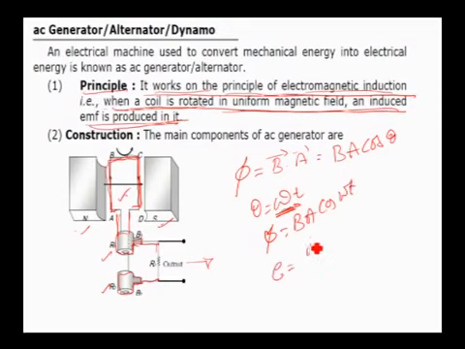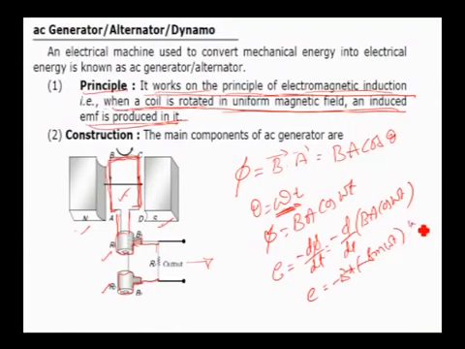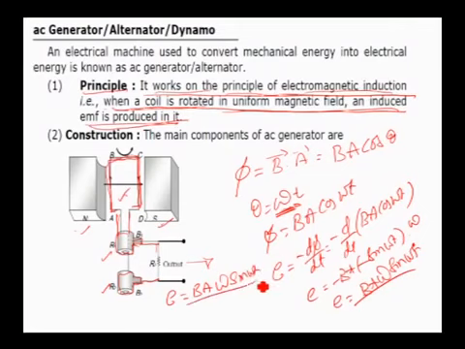But we have an induced EMF, it is minus d phi by dt, the rate of change of magnetic flux, and it is minus d by dt of BA cos omega t. As you differentiate, you get minus BA, and the differentiation of cos omega t is minus sin omega t into omega. Minus minus will become plus. Finally, we have BA omega sin omega t. But this is the equation for the induced EMF if the armature coil is made up of only one turn. But what if the armature coil is made up of N number of turns? I should include one more factor, N BA omega sin omega t.